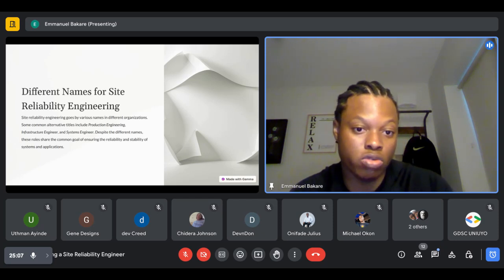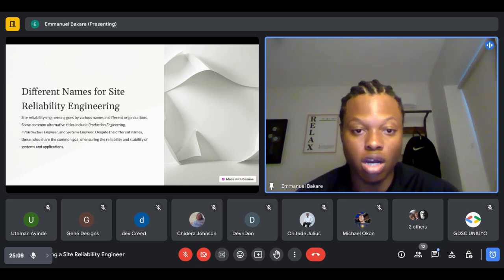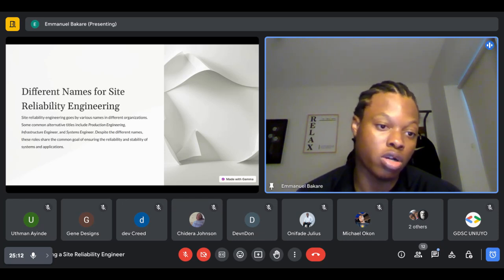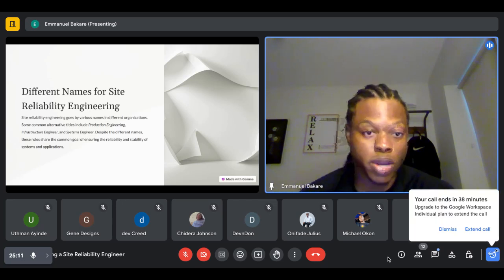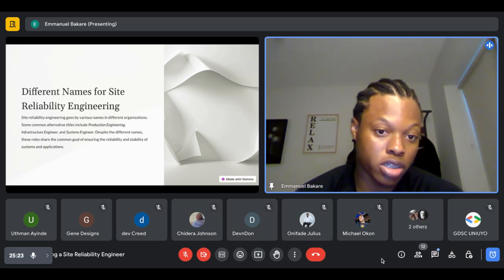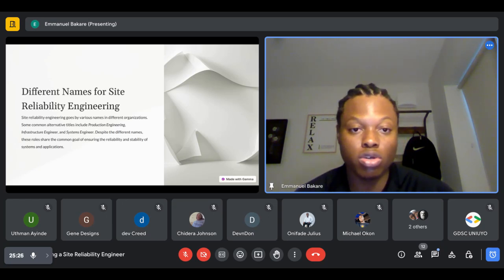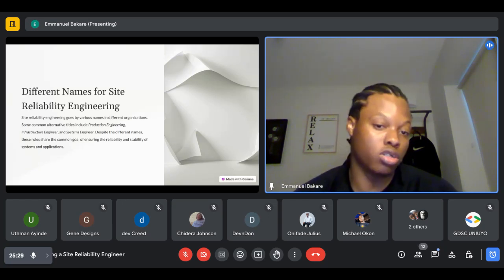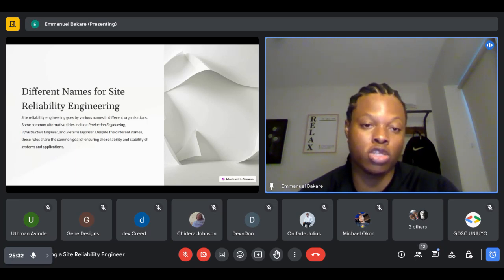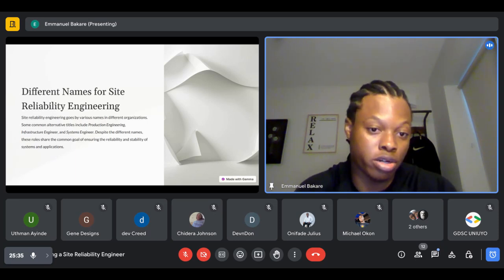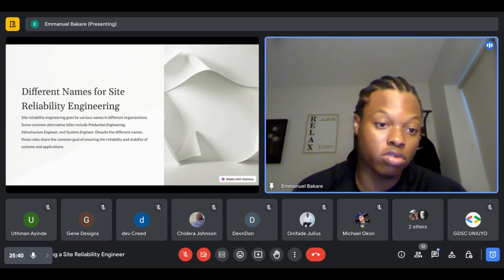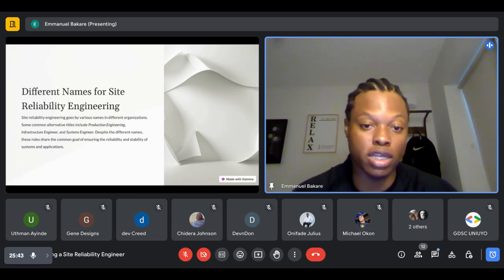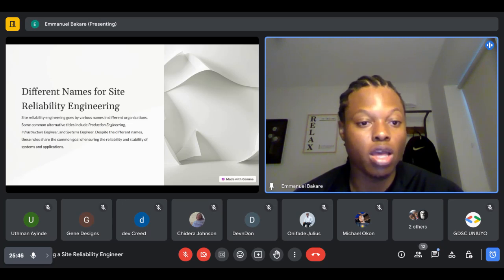In this case, in Meta, they call them production engineers. In some other YC startups, they're called infrastructure engineers. The previous company I worked for, I was an SRE, but I was termed an infrastructure engineer because that's the term they use. In AWS, they call us systems engineers, but SRE itself evolved from Google. So Google, by definition, calls people SREs, and that's why it's the landmark term for this kind of work, because they coined the term. And I'll share the SRE handbook later on, on how those systems came to be.